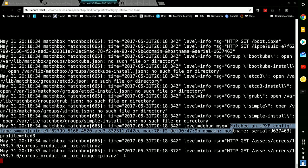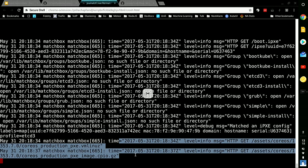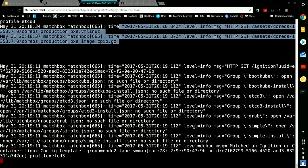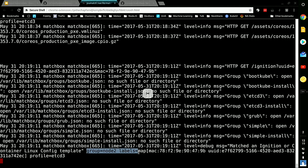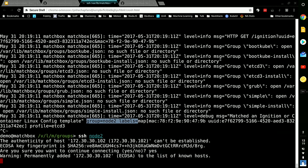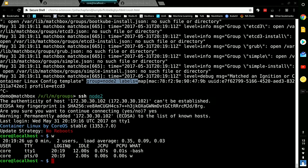And in a moment here, after it actually boots, it should make another call to get the ignition config after the system actually comes up. And there we go, match ignition, and the ignition config for node 2. So now, if we SSH to node 2, it's up. Up 0 minutes, and now since we have 2 out of 3 members,